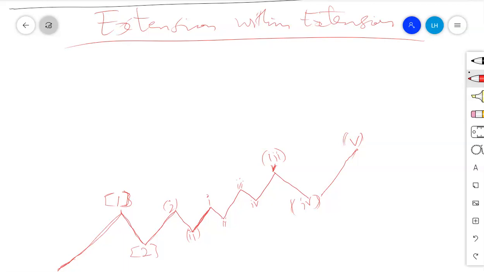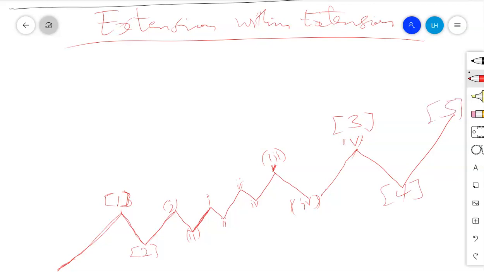Now this will be completing the higher degree. We'll be completing the third wave of the higher degree. That's what we call the primary degree. Here will be 1, 2, 3. Now this will be the third wave. We can label this as the third wave. We put this kind of brackets. This will be the third wave of the primary degree. Now finally, in the primary degree, we will have the fourth wave, and finally the fifth wave in the primary degree.